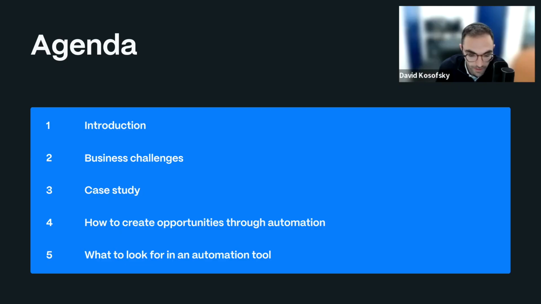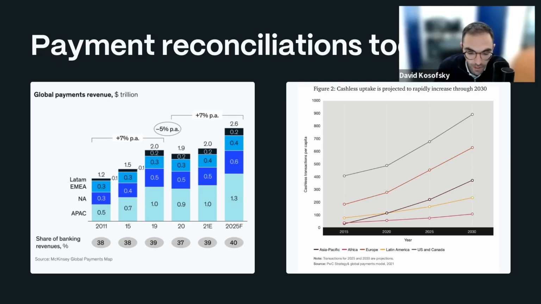Let's get a sense of the landscape. As you can see here, the first study on the left, I hope you can see it, is from McKinsey. It's charting the total payment revenue globally, which is $1.9 trillion, at least it was in 2020. And by the end of 2025, the expectation is that will be $2.5 trillion. So it's a massive arena, and it's growing quite rapidly. It's growing about 7% annually.